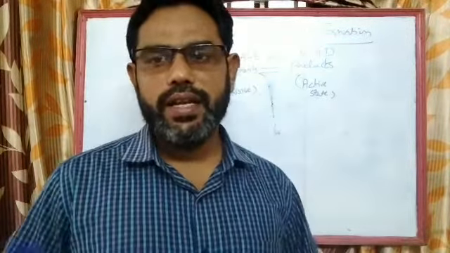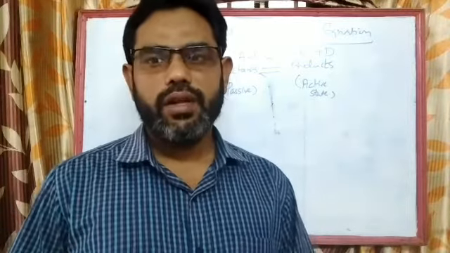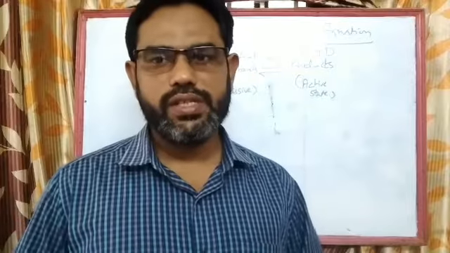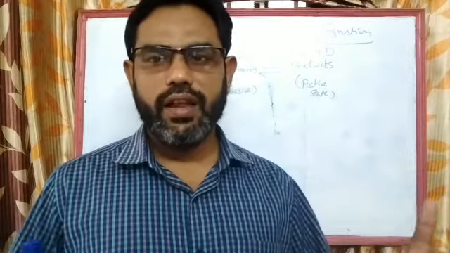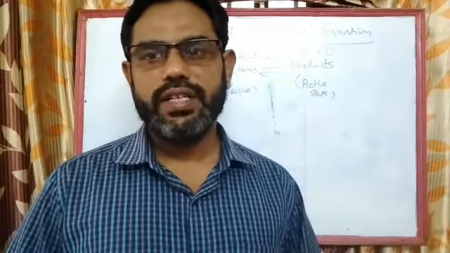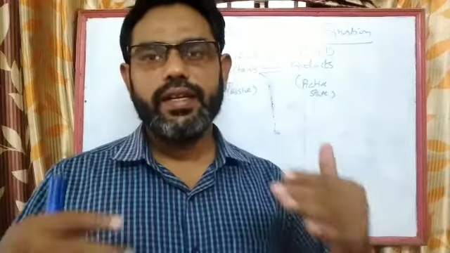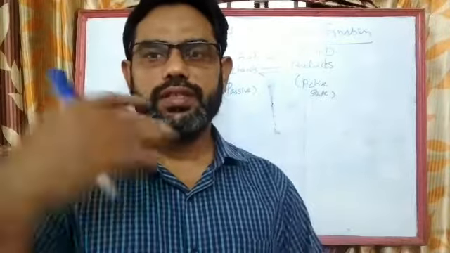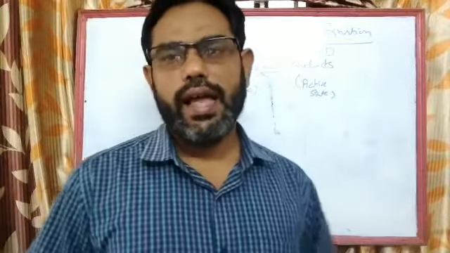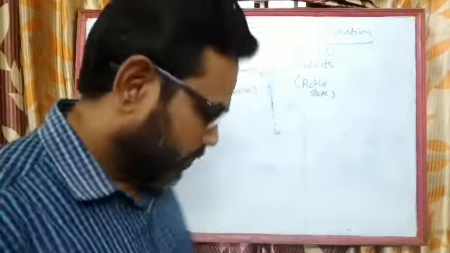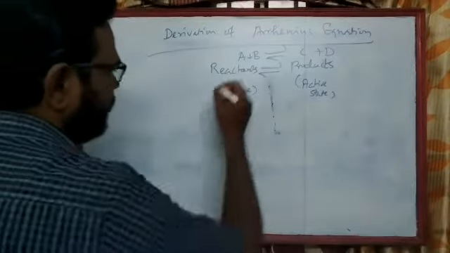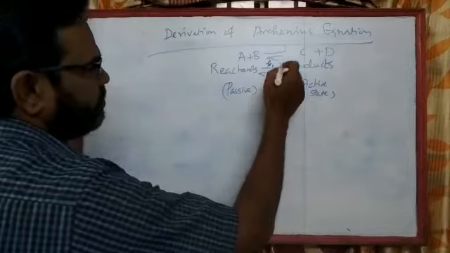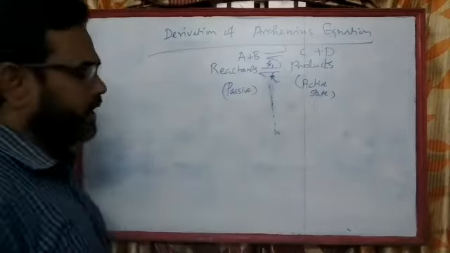By increasing the temperature, the molecules gain more kinetic energy. As a result, more collisions take place, and the reaction proceeds faster, meaning the reactant molecules turn from passive state to an active state. So the rate constant of the forward reaction you name K1 and the rate constant of the backward reaction you name K2.